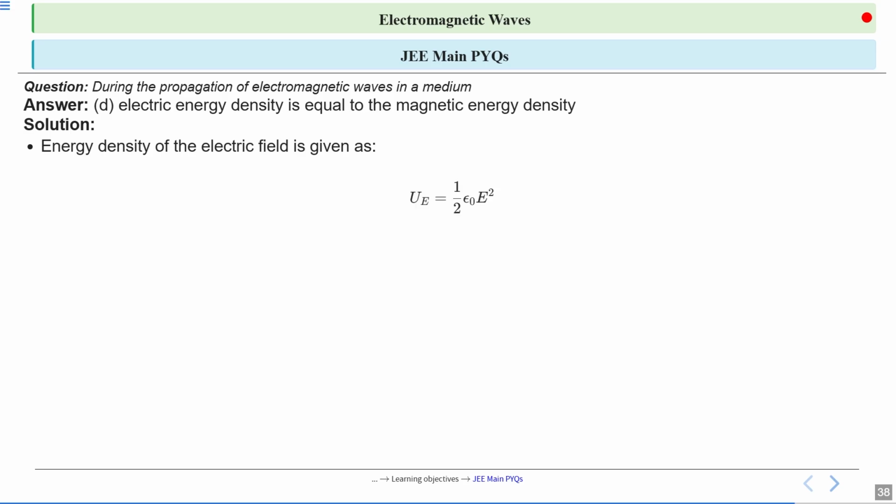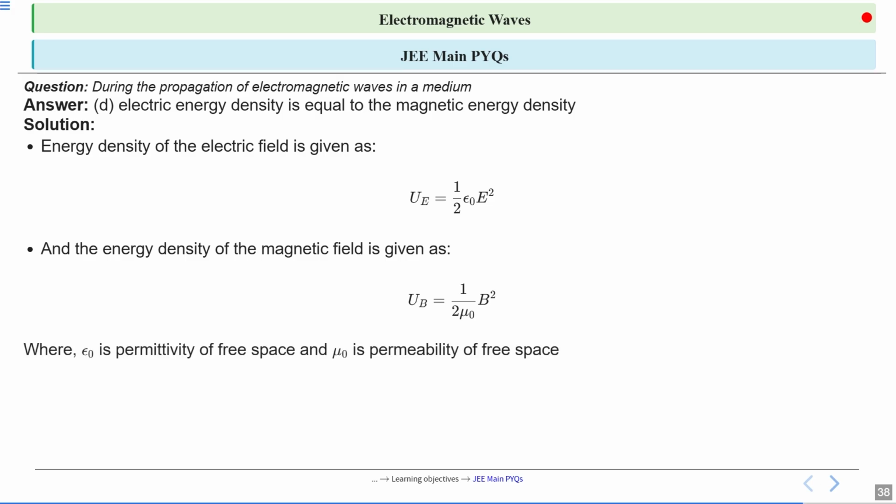So the energy density of electric field is given as U is equal to half epsilon naught E square. We have discussed it in the additional topic for NEET and JEE. And the energy density of magnetic field is given as UB is equal to B square upon 2 mu naught. So we have to prove this. We have also done the proof in the NCERT exercise; there was a question to prove they are equal. Again, we are doing this. Epsilon naught is the permittivity of free space and mu naught is the permeability of free space.